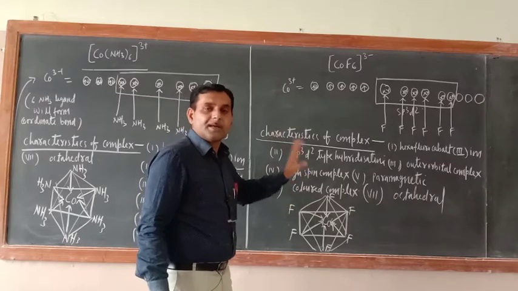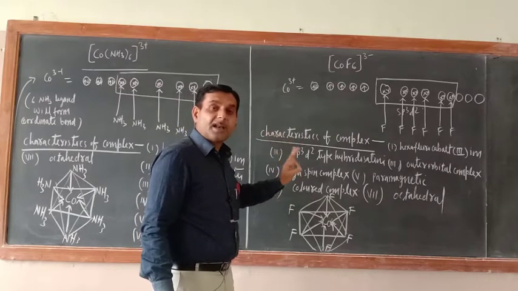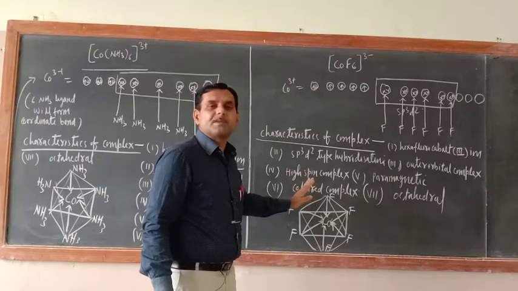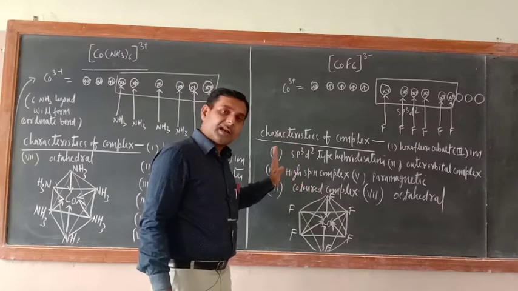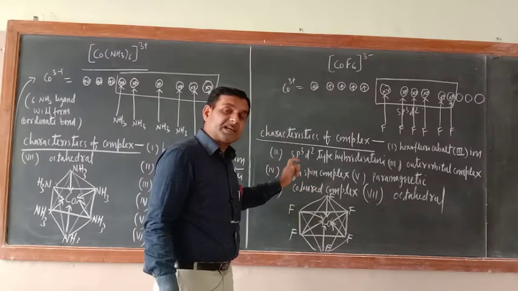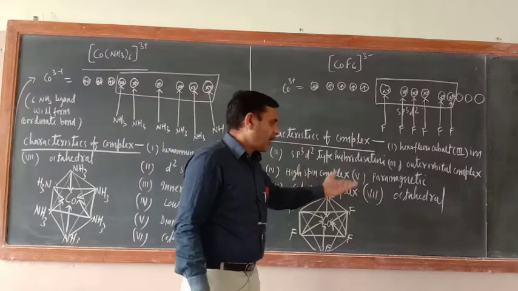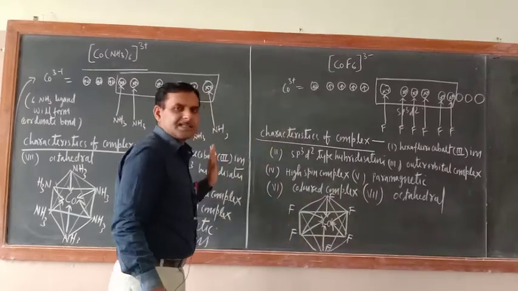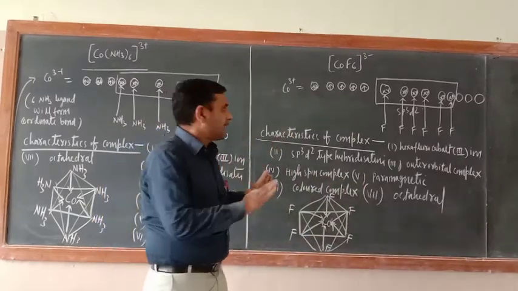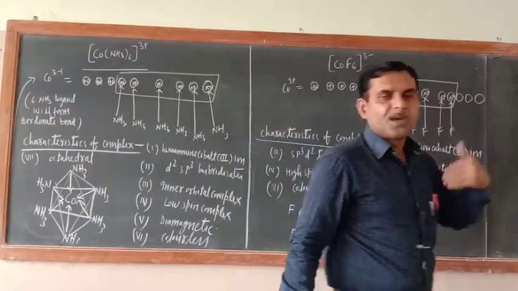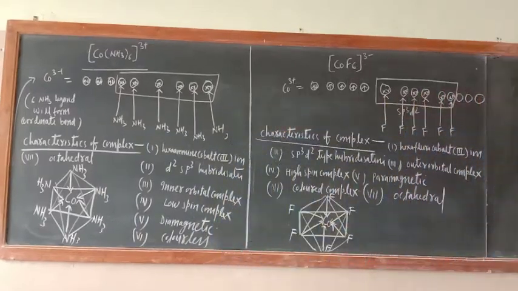But remember, valence bond theory does not tell which particular colored complex will form. A colored compound will be there, but which color, it does not tell. Now octahedral, the geometry you can very easily come to know. In this way, these two examples are over. Still some more examples are there, and in the same way we can explain them.